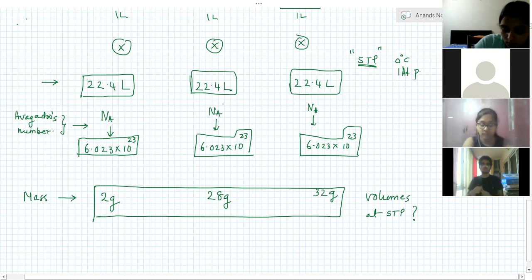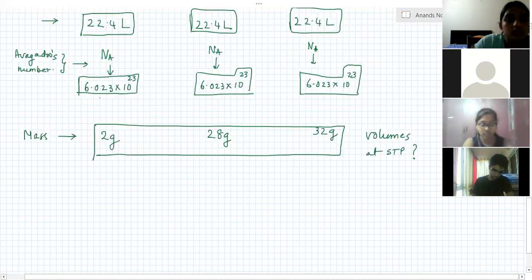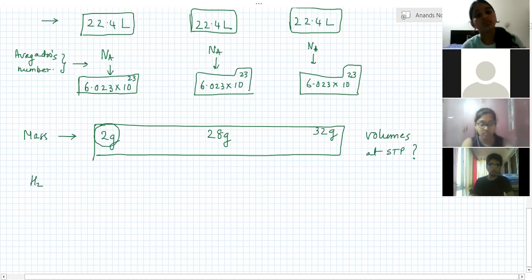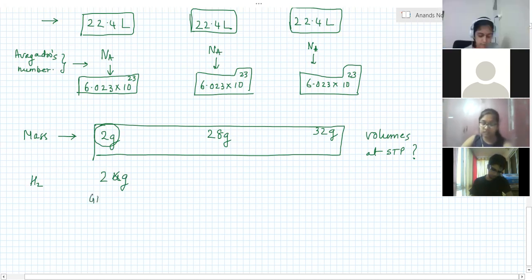Okay, so this brings us to an important definition called mole. So this 2 grams I have taken is nothing but H2. That means the molecular mass of hydrogen, 1 into 2, 2U. And instead of telling U, I am cutting the U and replacing it with G, gram. So this is called gram molecular mass, GMM, or gram molecular weight.